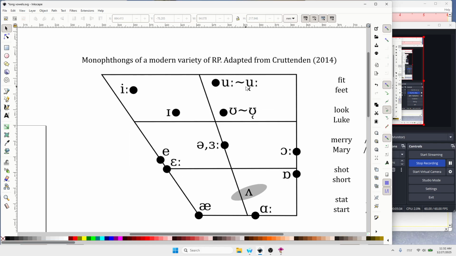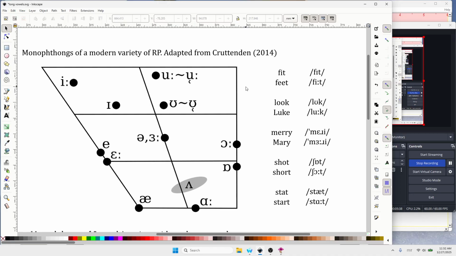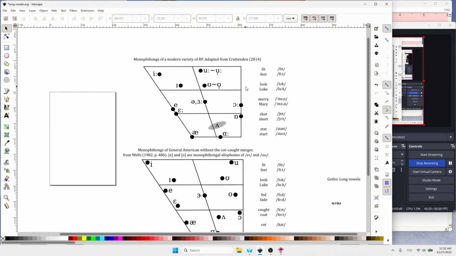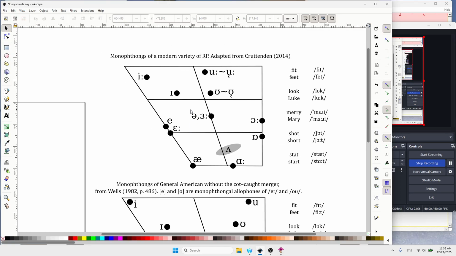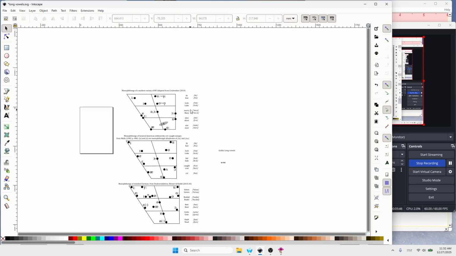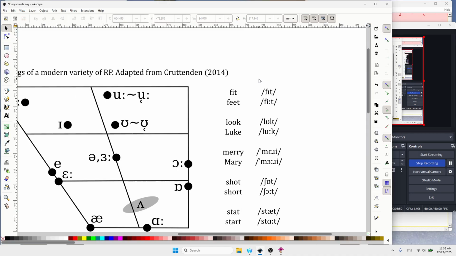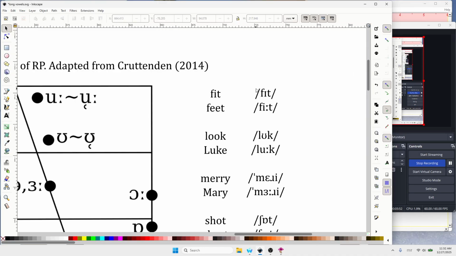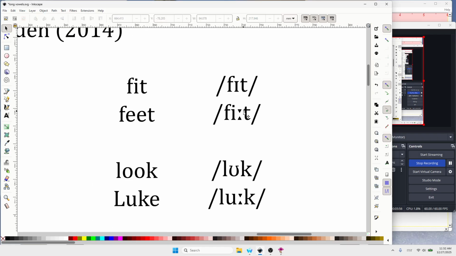First, I have British English. Now, the reason I chose British English is because it does have this long vowel, short vowel contrast. It doesn't really work the same way as Gothic does, though. So another thing to keep in mind is that the words feet and Luke have this, as I said before,